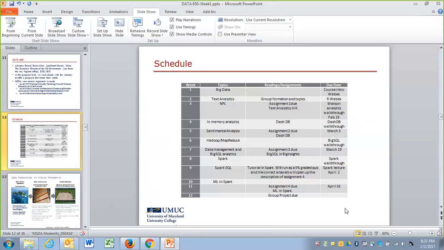And here you can see that we are planning to do some WebEx sessions, which are synchronous sessions to help you get through the tools. Why? Because we want to get you started with the tools to make your life easier, so you can learn at least the minimum which is needed to apply what we study in the class. So we will be doing R WebEx for those who need this.